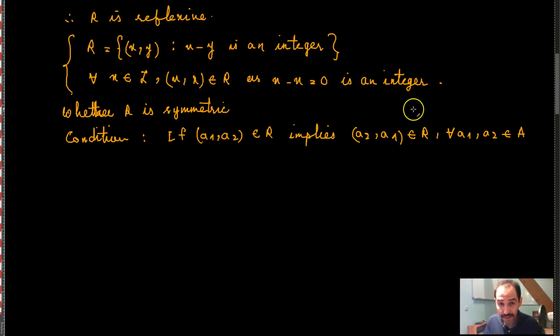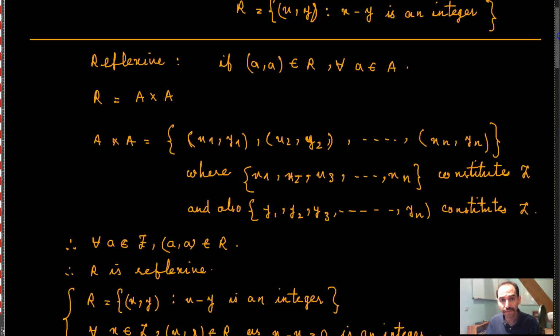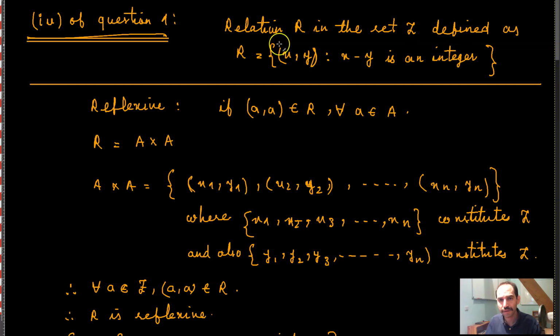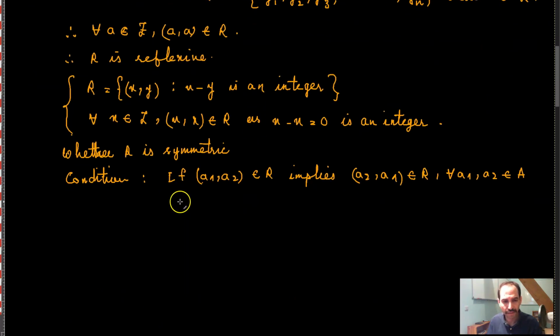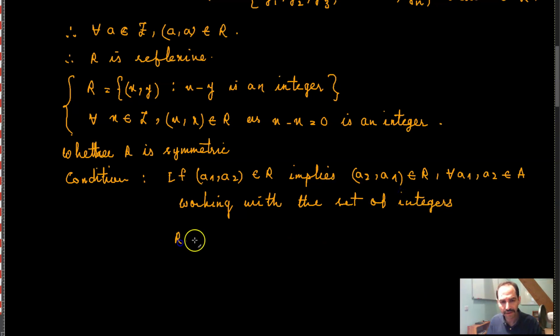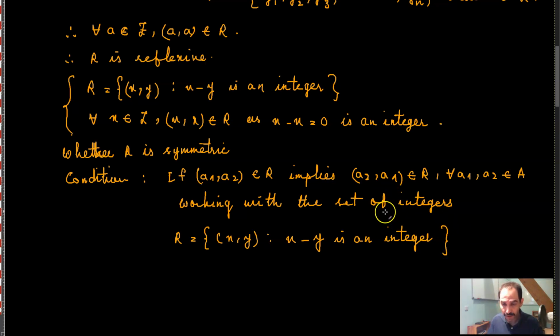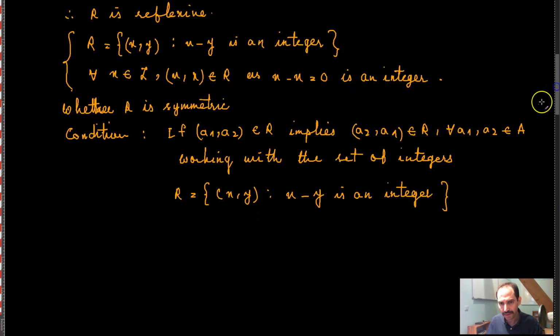Now over here what we have is that we are working with the set of integers, and the relation that we have is all the ordered pairs x comma y such that x minus y is an integer. So again, if A1 comma A2 belongs to R,